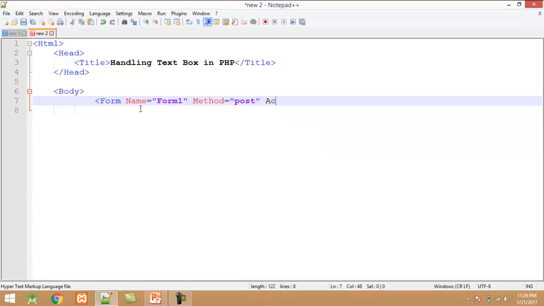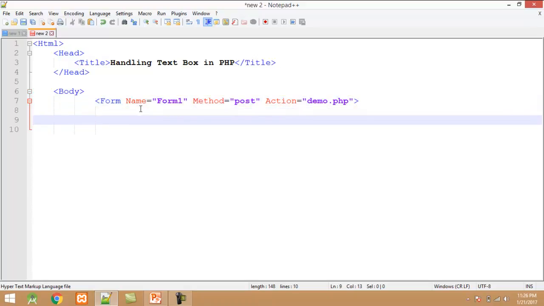And last attribute is action. It is very important attribute. This attribute contains the name of PHP program, which is demo.php.